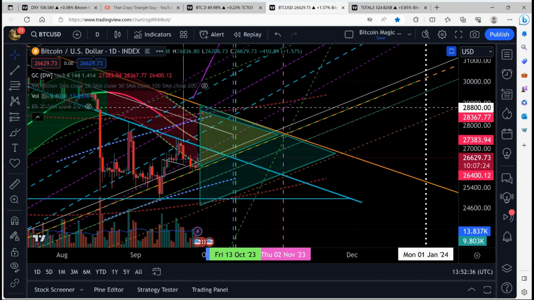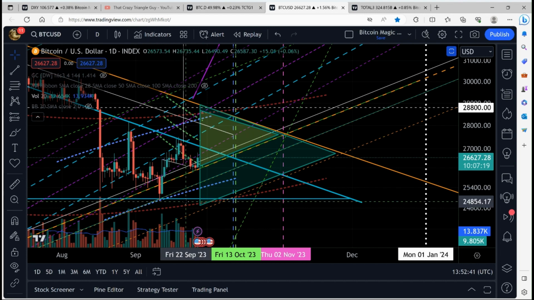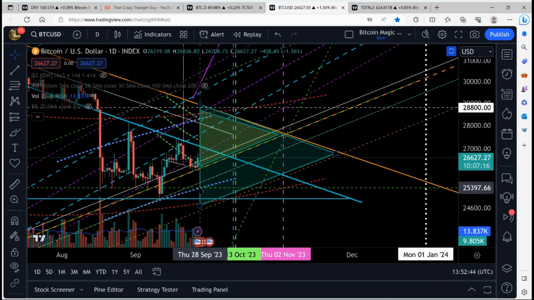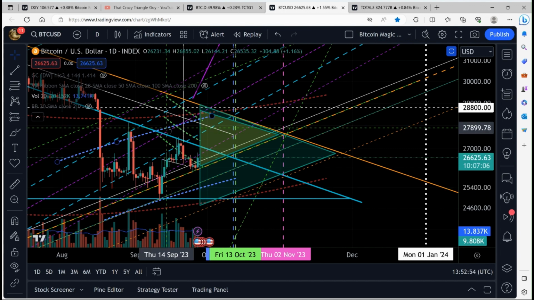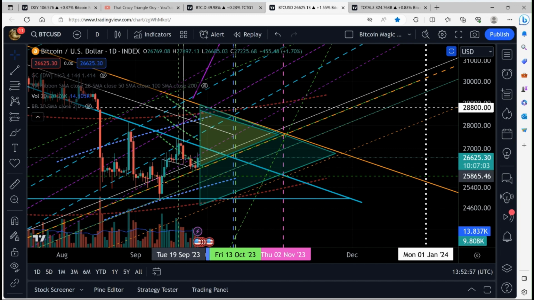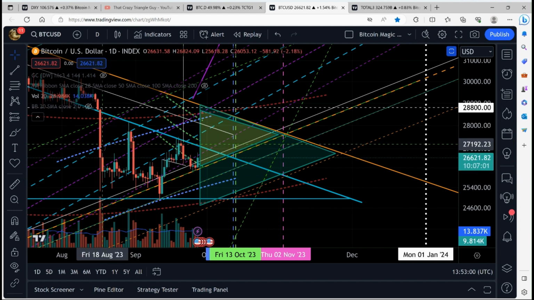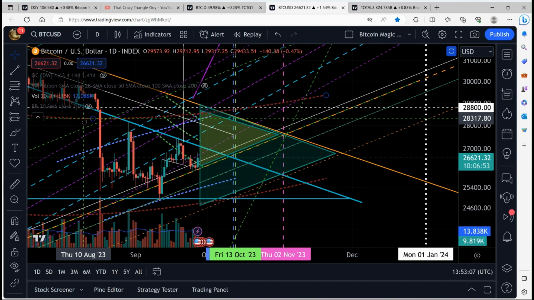We are also currently, let me turn this back off now, between the blue lines here. These blue curved dotted lines represent the mean band and the top of the 5-day Gaussian channel. We fell into that when we fell through that fake trend line that everybody was looking at, and it was the wrong trend line.